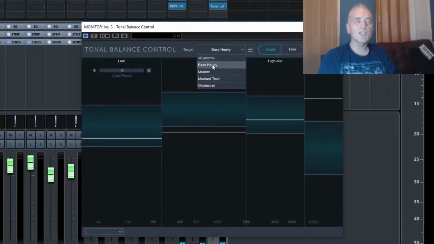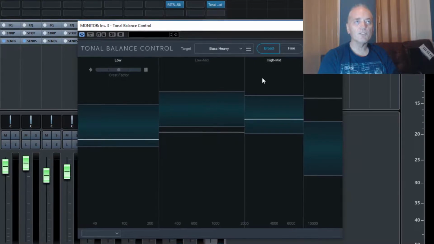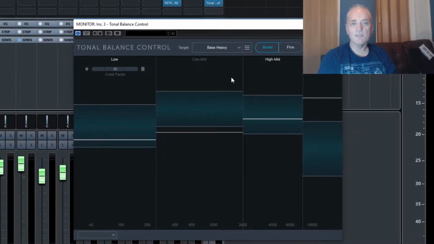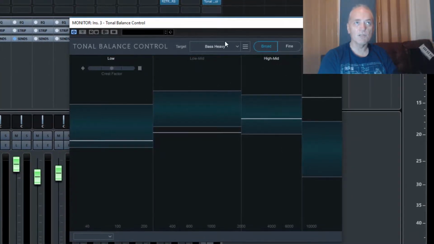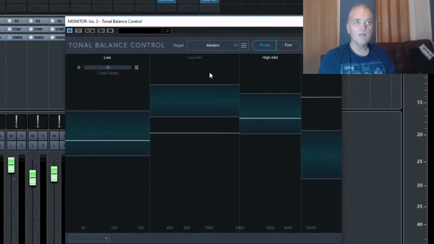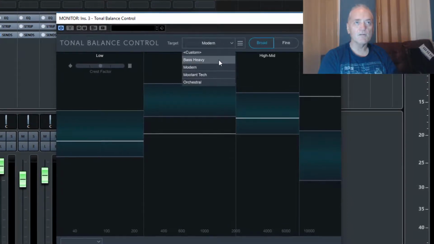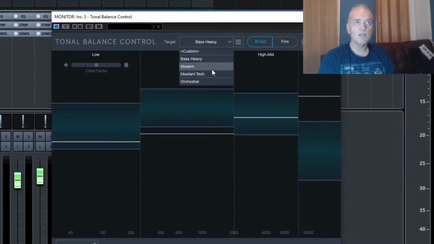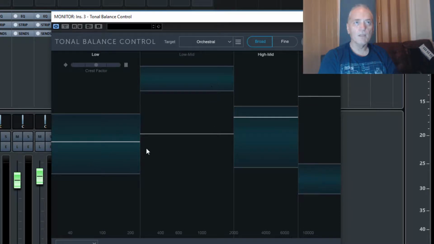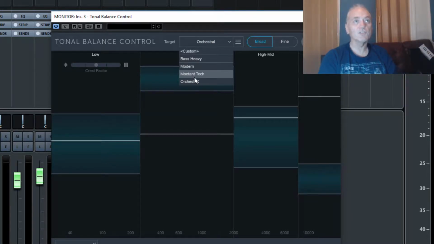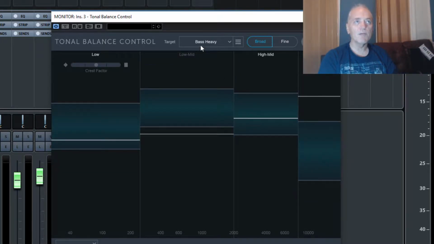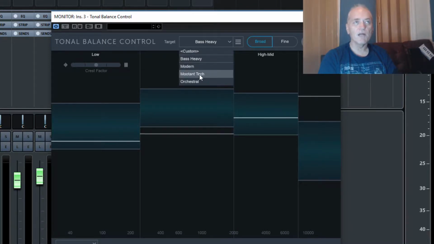One other thing I want to point out before I play that loop. This is iZotope's own curve, obviously, and they analysed seemingly thousands of songs, right? So this is what you get. That's the bass heavy, the modern. Not much difference, but there's a difference. Look at the green bars. You see them changing, and orchestral, which is much more low-mid heavy. That's the kind of genre orchestral is, right? So we're going to be working with bass heavy, but